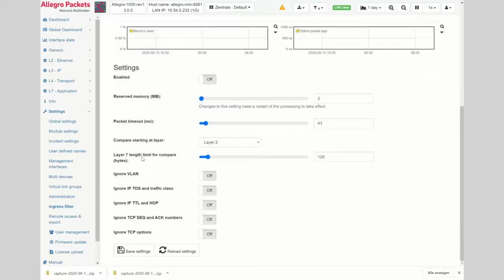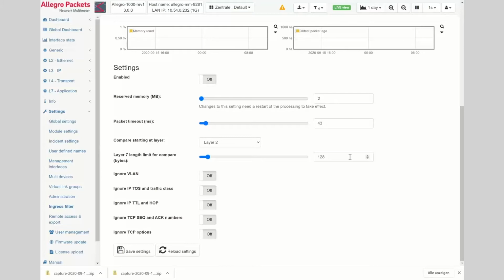You can say where we should compare: should we start at layer 2 or layer 3? The reason is, if you need deduplication and you have a routing between, then of course layer 2 will change, but not layer 3. You can start at layer 3. And then you can select how many bytes we should include for the checksum. 128 is usually enough. If you need more, you can just fill in here 9K, for example.